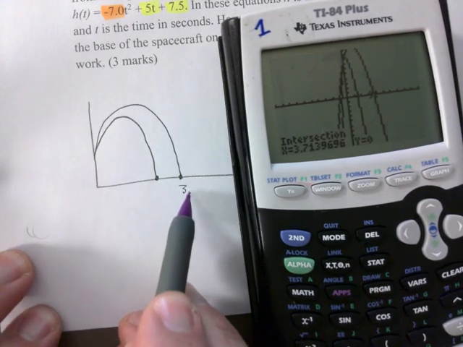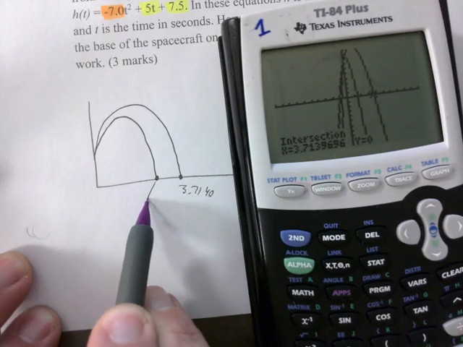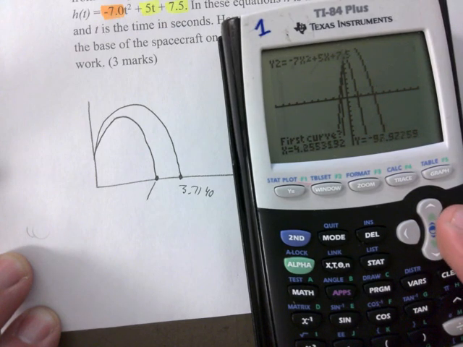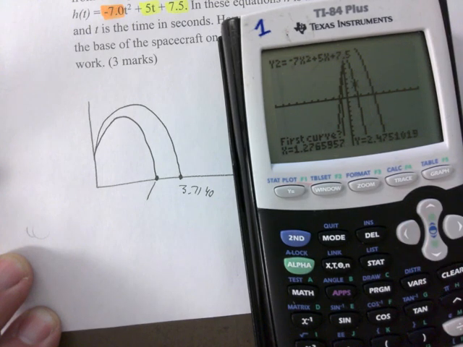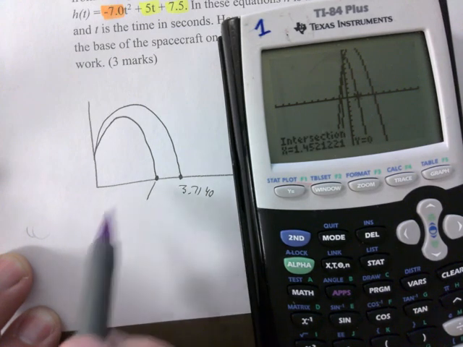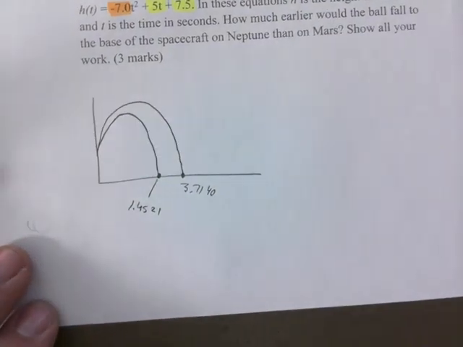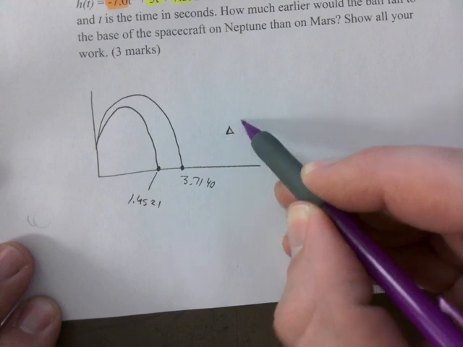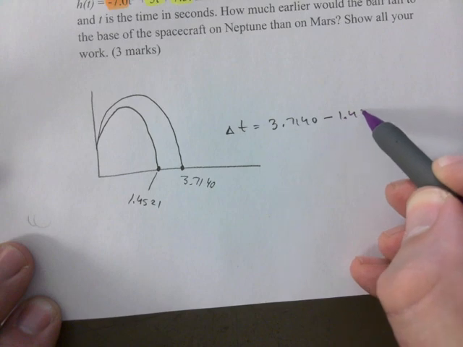So this is 3.7140, okay? And then this one, I'm going to jump over to the second line. Oh, I'm in the negative, so I'm coming back up. There it is. Enter, enter, enter, and you get 1.4521, right? So finding that difference, delta time, is 3.7140 minus 1.4521,